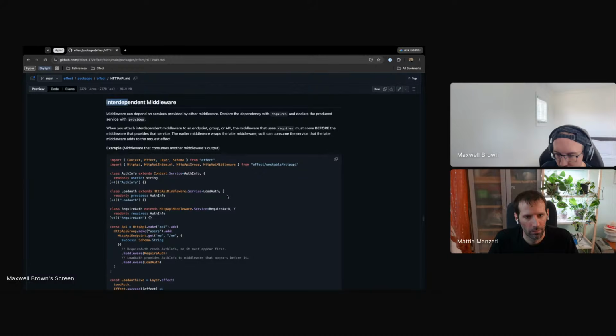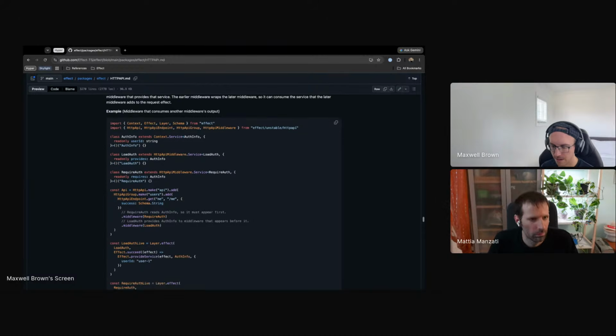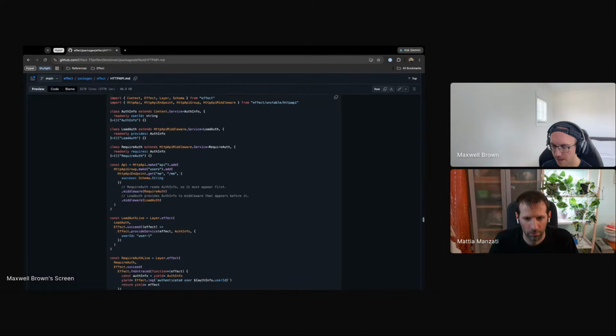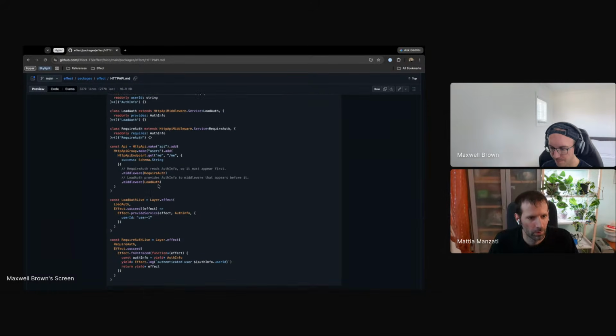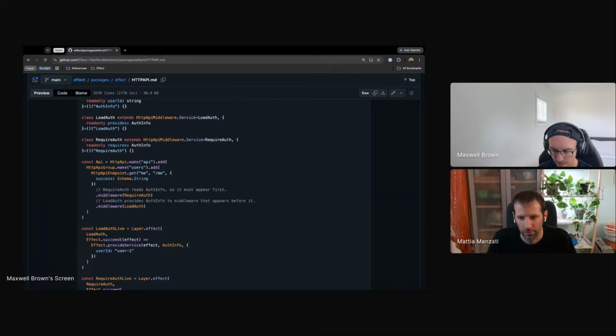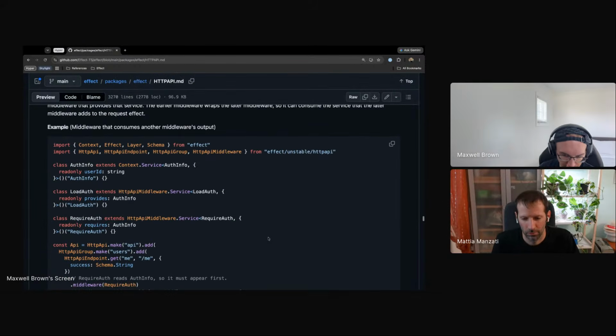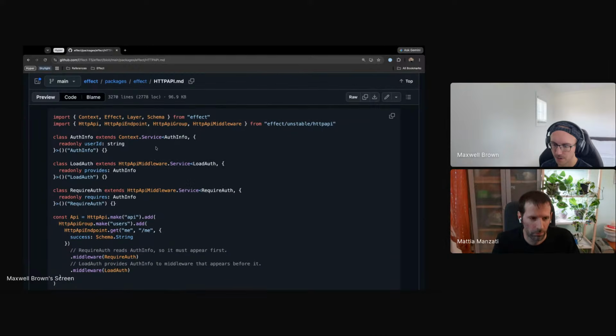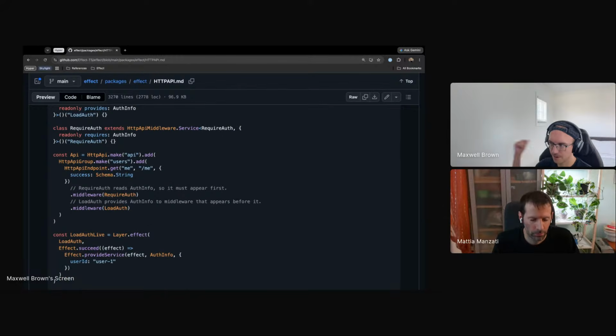this interdependent middleware section that I wrote recently kind of demonstrates how you can have two middlewares that depend on one another. I think the thing that tripped me up is that when you're defining middleware that depends on a previous middleware, it's like layers. So when you compose the middleware together,